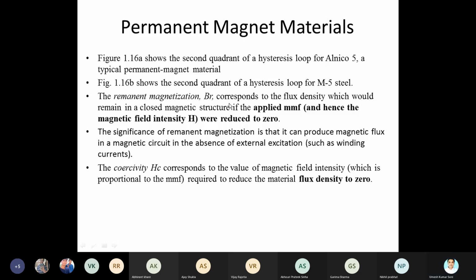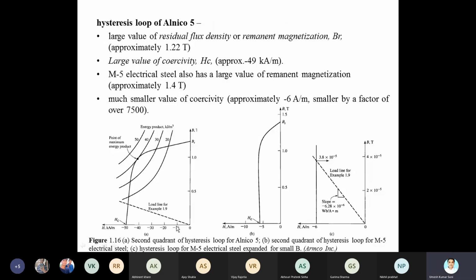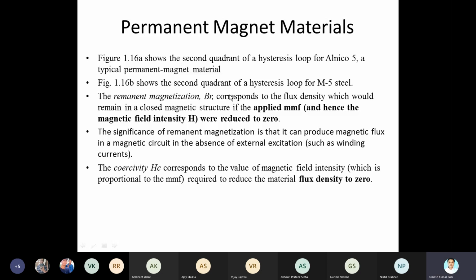You can see it is very wide. And for some different material, M5, Alnico 5, here you see that remnant magnetization should be higher for the magnetic material,